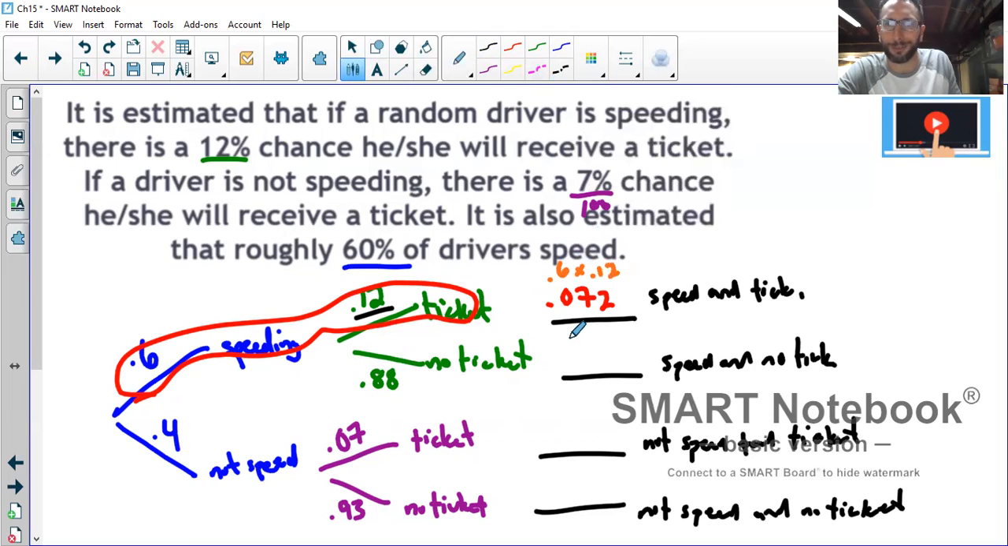What would this one be? Well, I got the orange out. Oh yeah, I agree. 0.4 times 0.88. This spot's going to be 0.4 times 0.07. And this spot's going to be 0.4 times 0.93. And so that's going to give us 0.528 for speeding and no ticket, 0.028